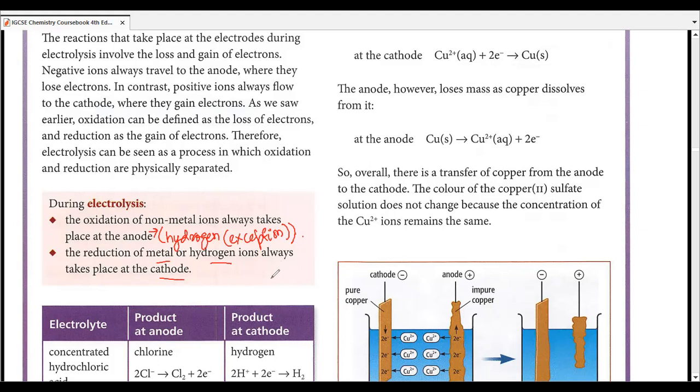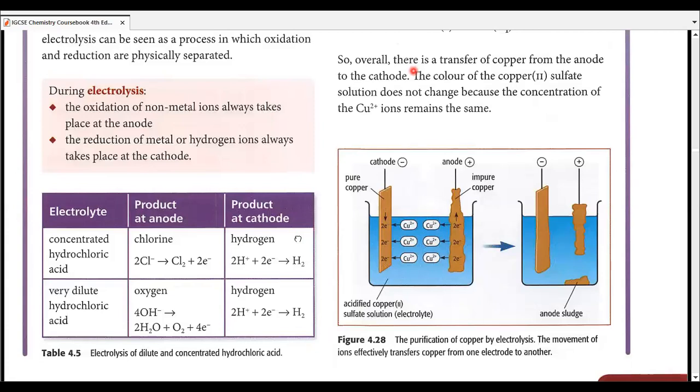So this is pretty simple. You are always going to straight up explain that oxidation always happens at anode, reduction always happens at cathode. That's how easy it is. Just memorize it, and it's going to be the same every single time at your level. All right? So, moving forward,